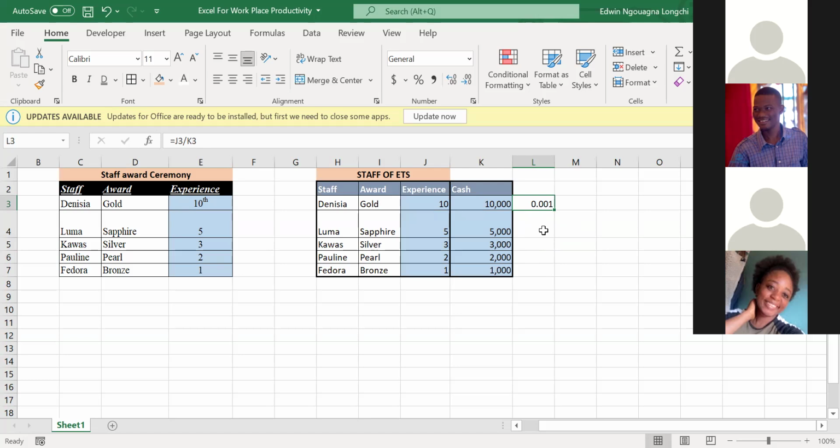And how do I do that? I just come here and I point my cursor on the lower right side of this cell. It turns into a plus, into a cross. Can you see that? When I point it, it turns into a dark cross. This means Excel understands that I want to fill it. So I just click and I drag right to the end. And you see,